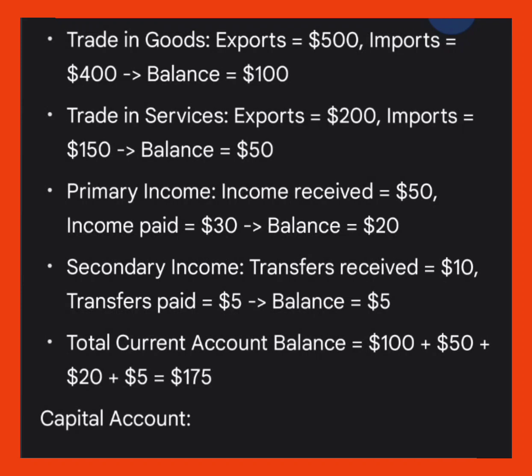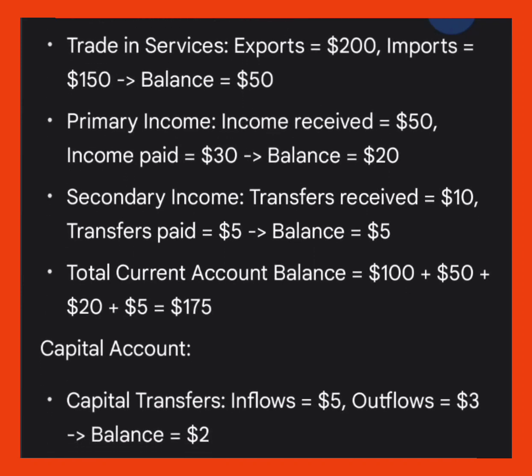Primary income. Income received equals $50, income paid equals $30, so balance equals $20. Secondary income. Transfers received equals $10, transfers paid equals $5, so balance equals $5. Total current account balance equals $100 plus $50 plus $20 plus $5 equals